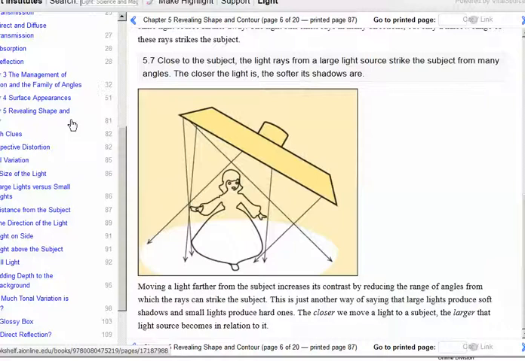And you can reference all sorts of other things. But I think these are really the most direct answers. That's your support. So the answer is, assuming that the light stays the same distance from both subjects, then the